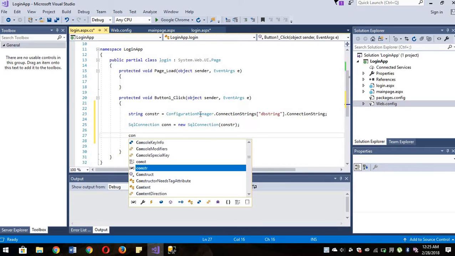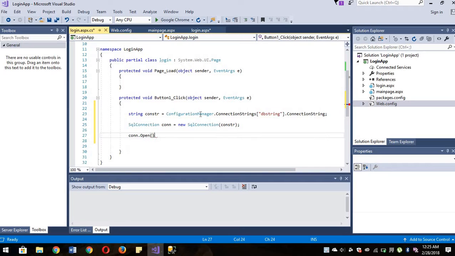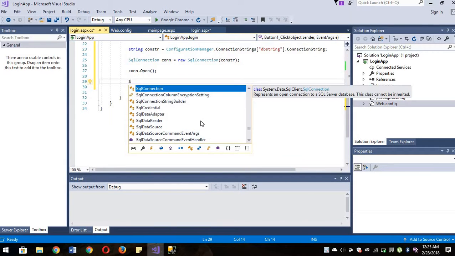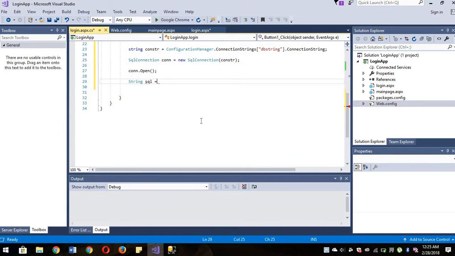So now we are going to open the connection, con.Open, and after opening the connection, we have to write our string SQL query, which is select star from